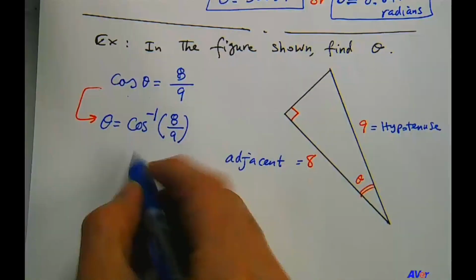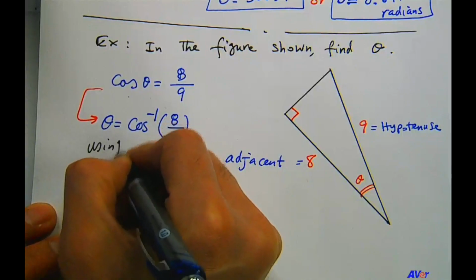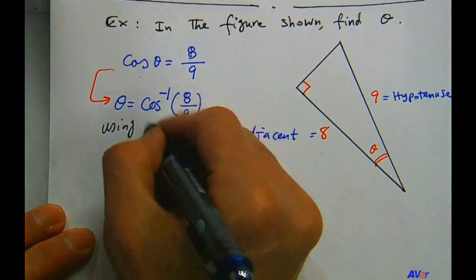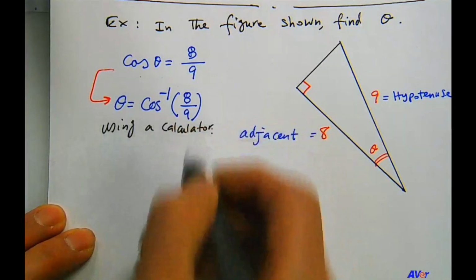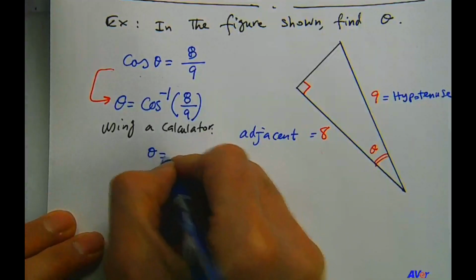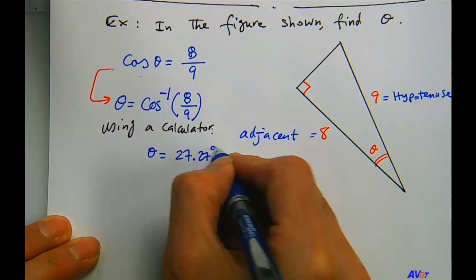So once again, using a calculator, we have theta equals 27.27 degrees,